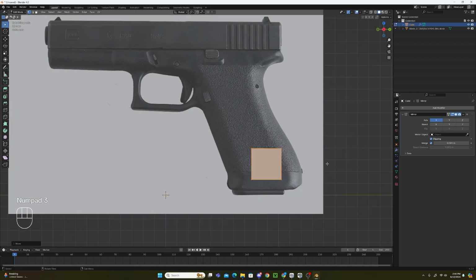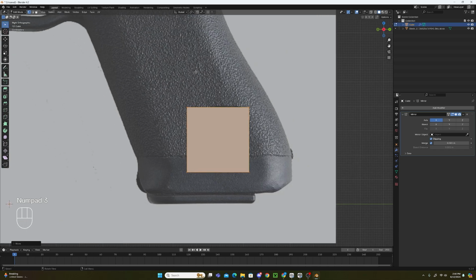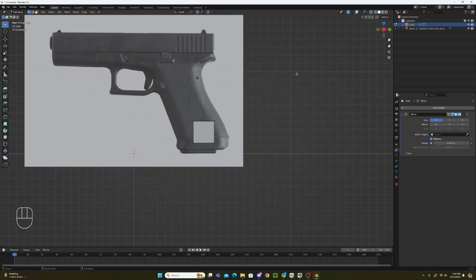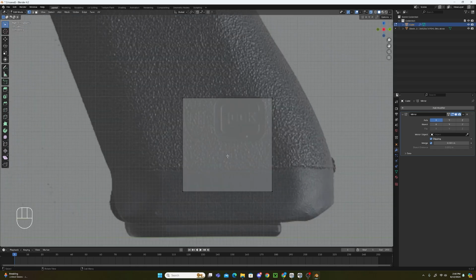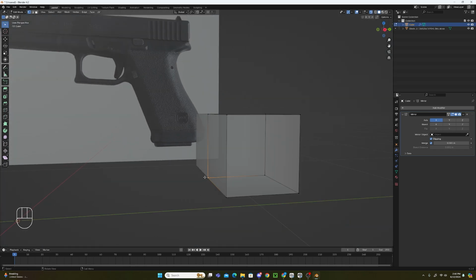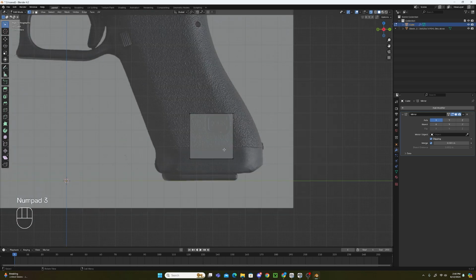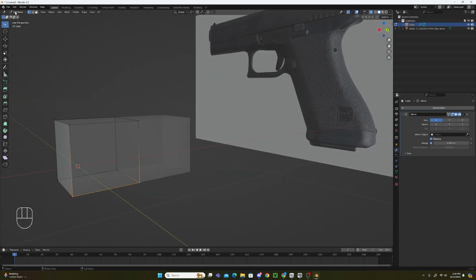Press 3 to go to the side view, and we can just start tracing it essentially. But the first thing we're going to do is put on the X-ray view, which is right next to these 4 spheres at the top right. We click toggle X-ray, and that will allow us to select these edges in the back with B. When you press B, you can drag and select a selection of what you want to select, in this case